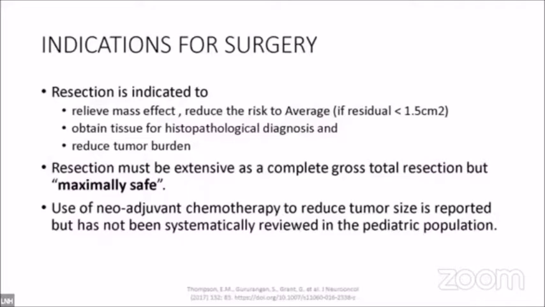A gross total resection is when you try to remove every bit of it. Near total is when you do a maximal safe resection. If you leave 1.5 centimeters of the tumor, near total and gross total resection results are the same. Having said that, this study was done 25 years ago. This is a pre-MRI era study. People are talking about the inherent malignancy of the tumor. Even if the tumor is too large and you think you can't take it out, subtotal resection would be sufficient.